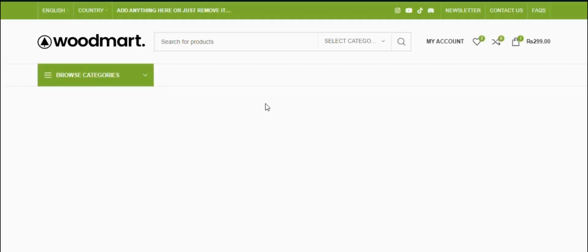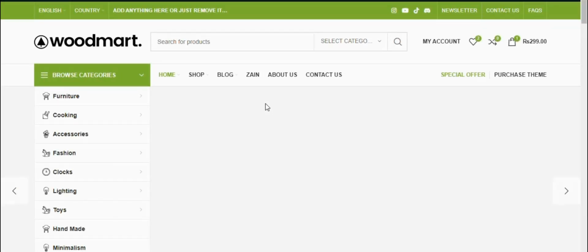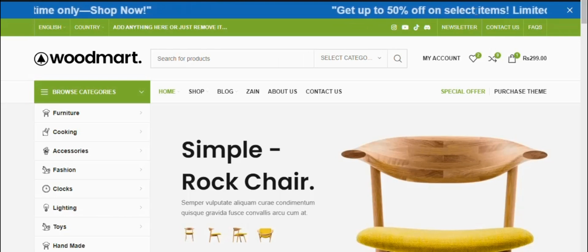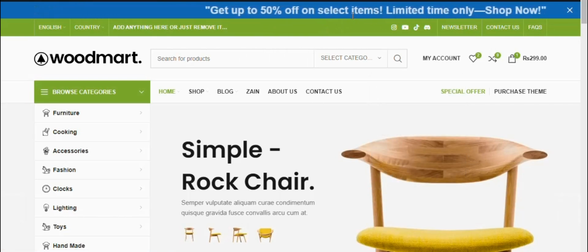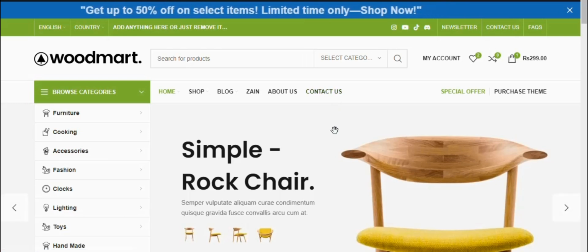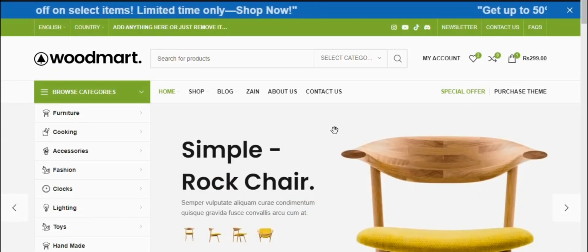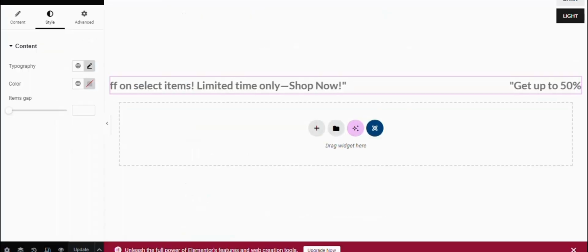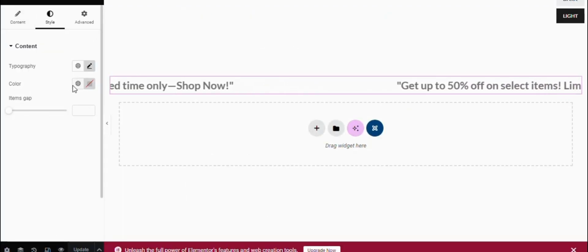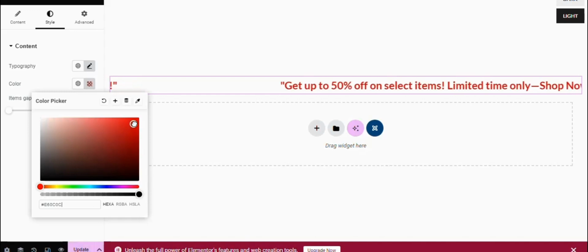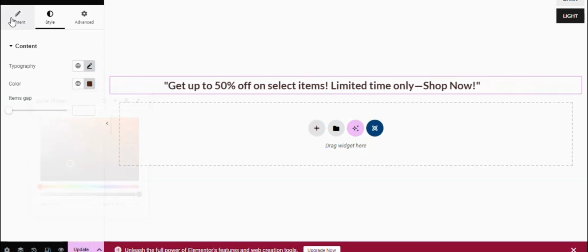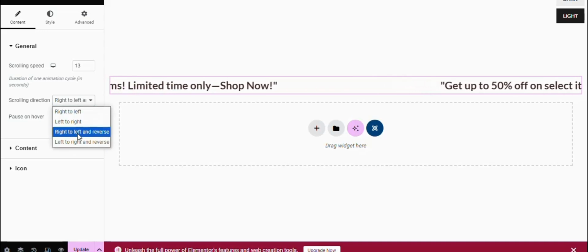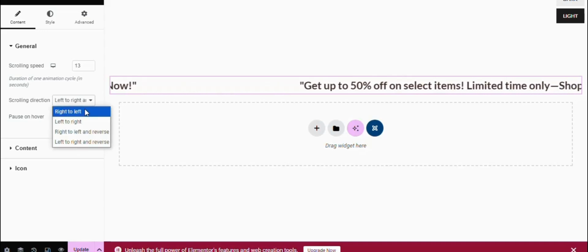Then visit the site, refresh the page. Here you can see this, the top bar is showing. You can customize it as per your requirements and add the content as per your requirements. Here you can customize it. You can change the color, change the typography setting. You can change the